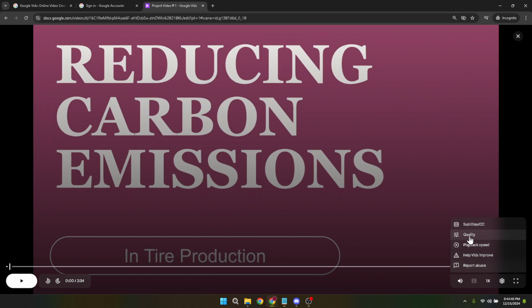As you might have guessed, our focus lies within these settings, specifically on adjusting the video quality, which directly correlates with its resolution. Upon clicking the gear icon, a small menu will pop up. Here you'll want to click on the Quality option. This action opens up another submenu dedicated to video quality settings. It's within this menu that the magic happens.